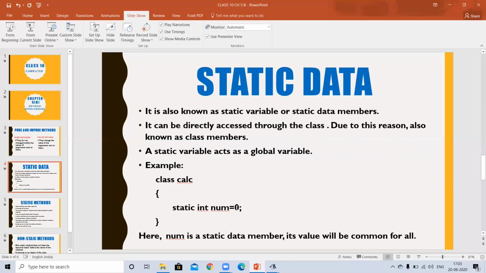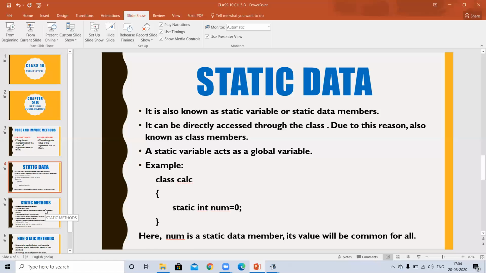And I initialized it with 0. So this is global. Now it will work as a global variable for all the data members. Everywhere in the class, its value will be common, equal to 0. So num is a static data member and its value will be common for all.